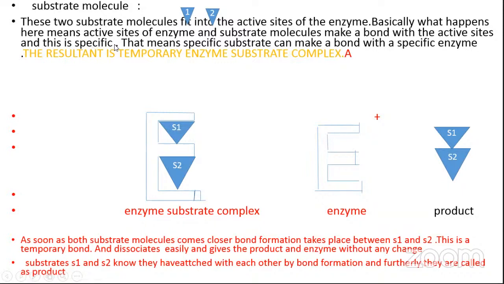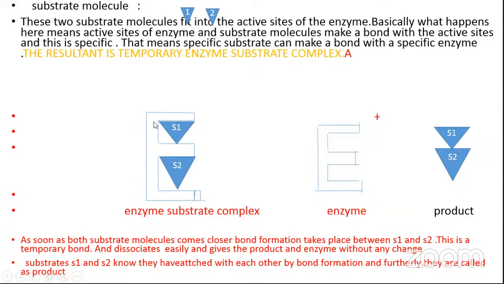So by utilizing this specificity, a specific substrate can make a bond with the specific enzyme, and as a result, a temporary complex will be developed, and that complex is called an enzyme substrate complex. So here these two are substrate molecules, and this is the enzyme, and here this notch is an active